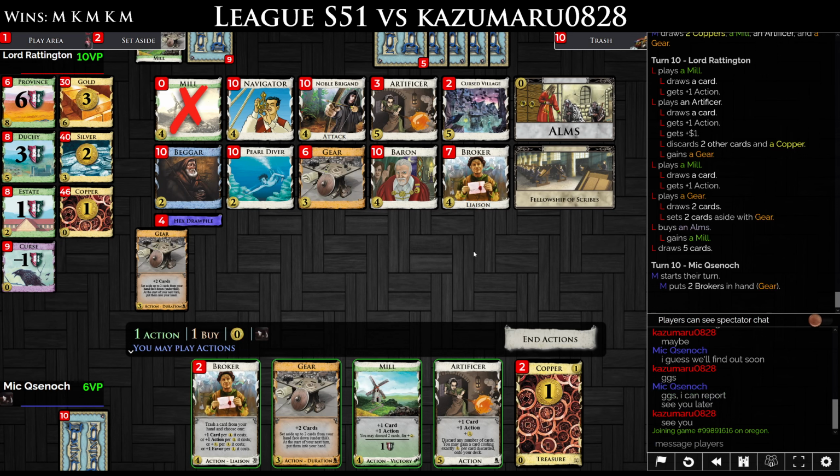So like this is my hand. I should go ahead and do the, now whatever, I'll do this first. So this is like my hand. So the options are, we already know what happens if I do Artificer and then do the Cursed Village. We roll Famine, but